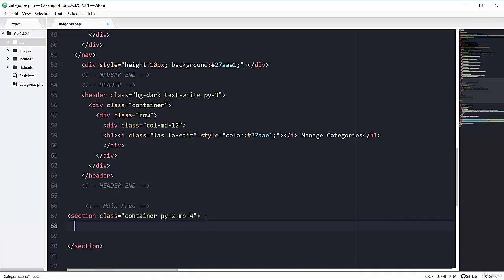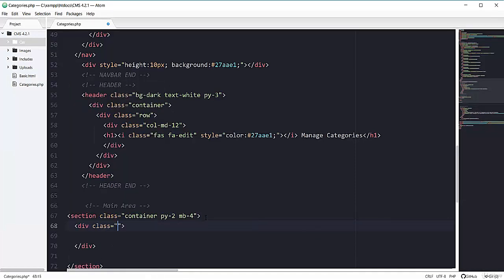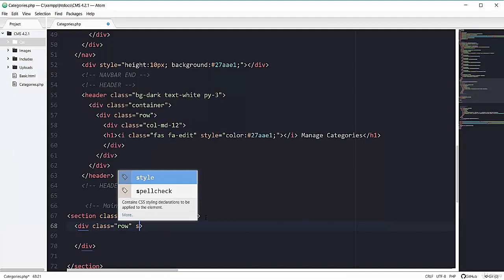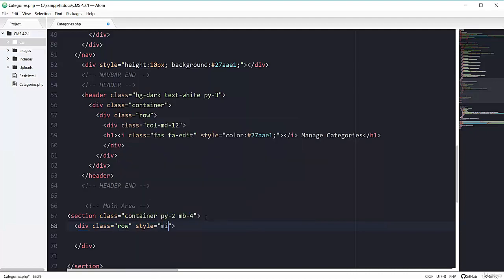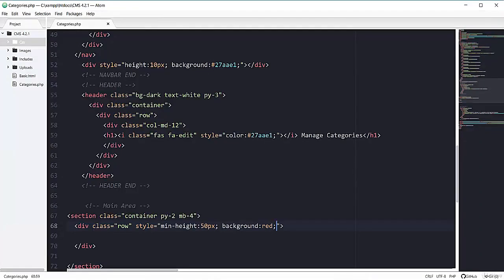Now inside this section we will have one div with the class of bootstrap row, and for better demonstration I'm gonna give it some minimum height and background color to red. Now saving this one. Now let's see the output. So this will be the container and the row have a red color.